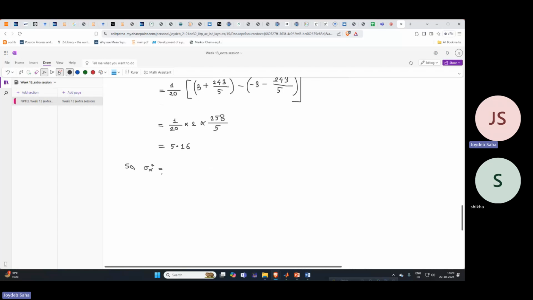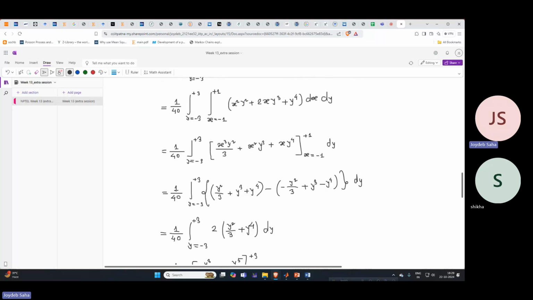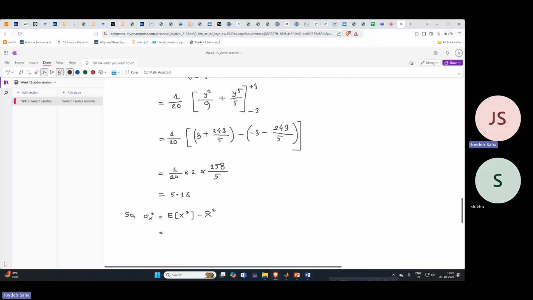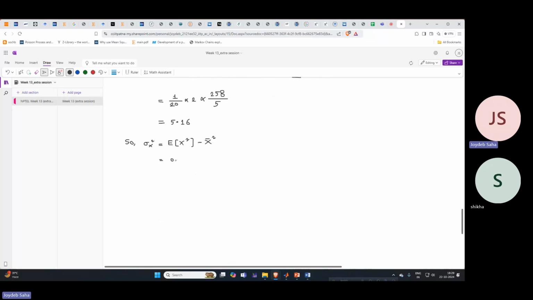Where sigma x is the standard deviation, and this is expectation of x square minus x bar whole square is equal to expectation of x square, what we have calculated, 0.36 minus 0. This is 0.36